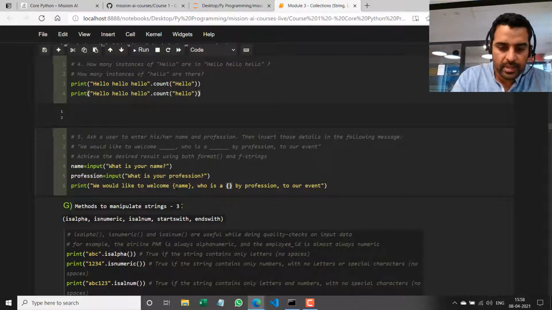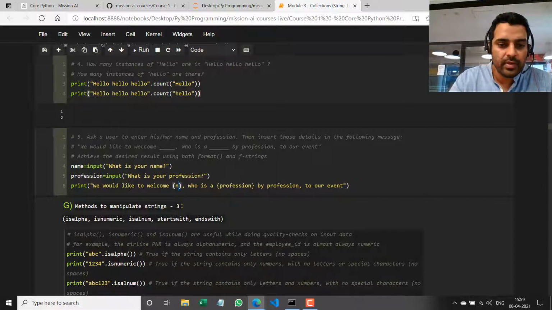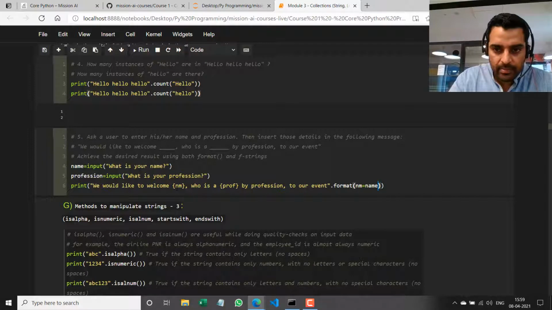This gets replaced by profession. Or just for the sake of clarity, let me say nm here instead of name, and prof instead of profession, right? So I'm going to run the format method on that string, and I'm going to pass nm equals name and prof equals